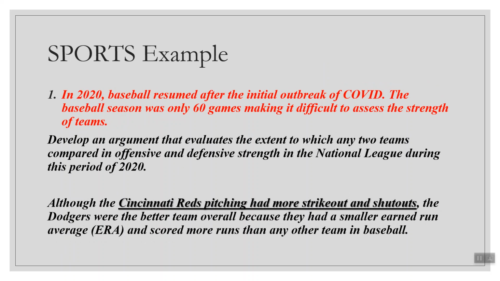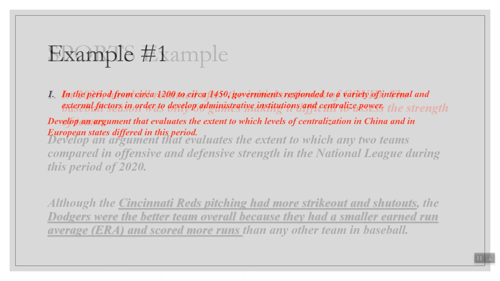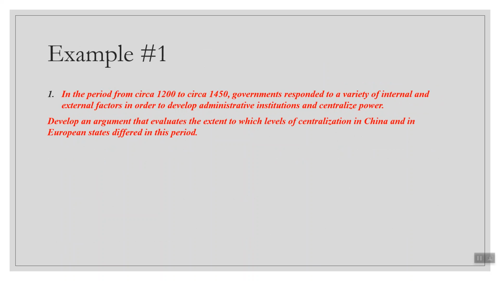Let's go to a historical example now. In the period from 1200 to 1450, governments responded to a variety of internal and external factors in order to develop administrative institutions and centralize power. We talked about this in Global Tapestry, right? So here's your question. Develop an argument that evaluates the extent to which levels of centralization in China and in